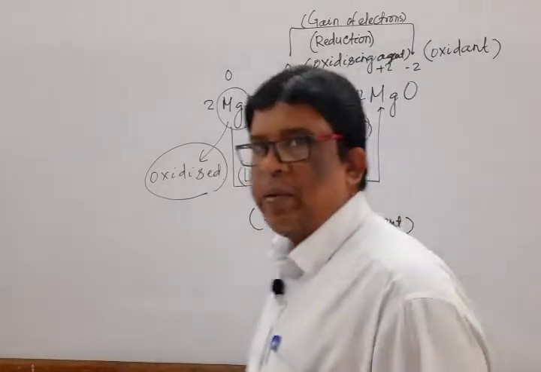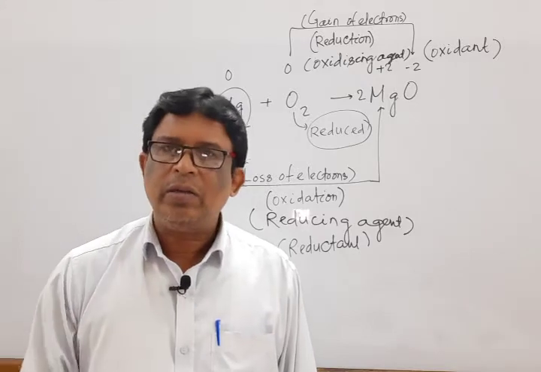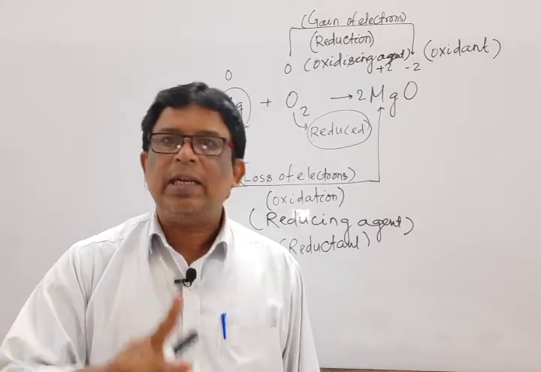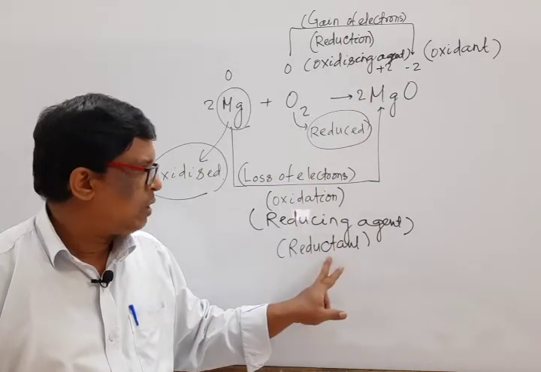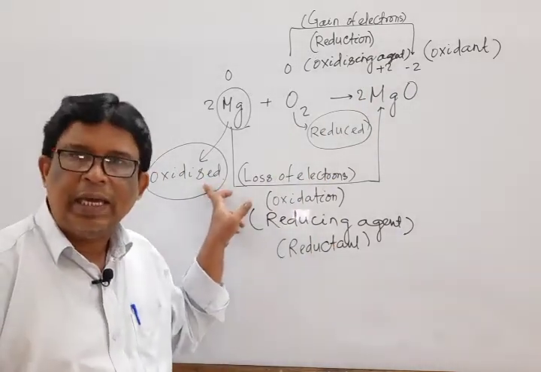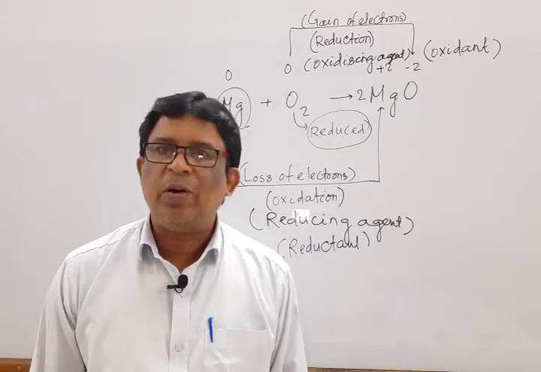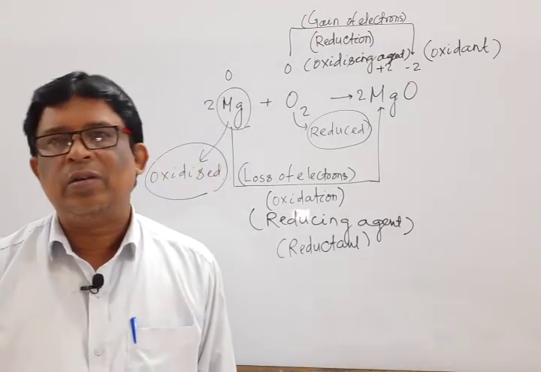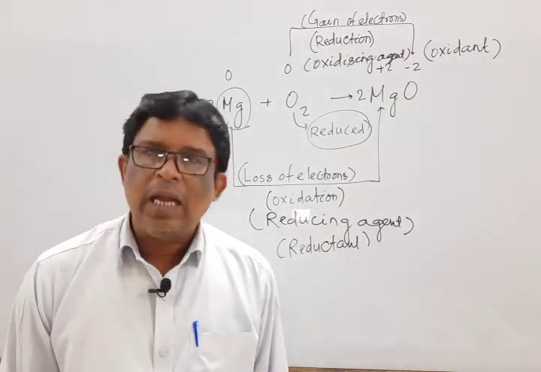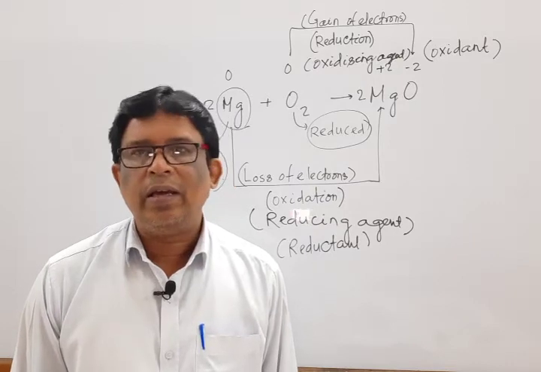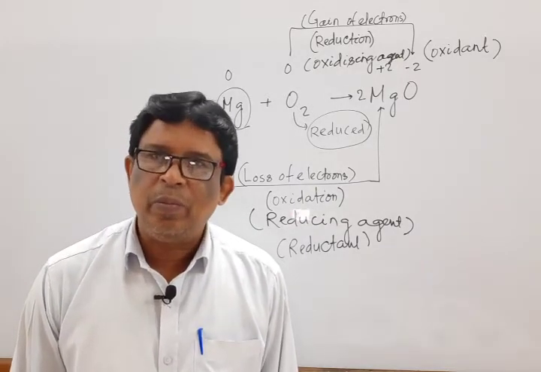So these are the fundamental terms. One is oxidation, reduction; another is oxidizing agent, reducing agent; one is oxidant, reductant; and one is oxidized, one is reduced. It is all about the previous class. So now we start today's class, that means balancing equations by the first method, that is known as the oxidation number change method.